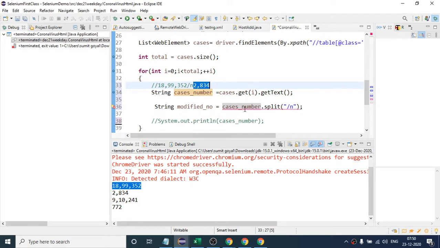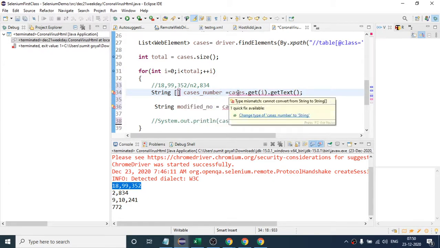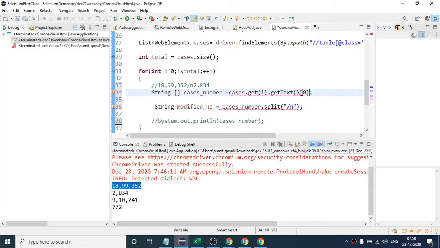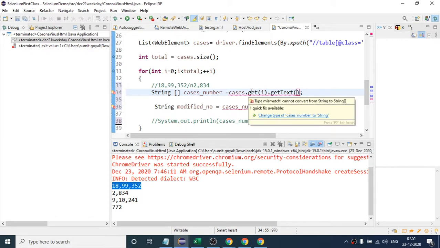So if you see the error, it is saying that the method will return a string array, so change this variable to string array. It is also asking which number you want to get.